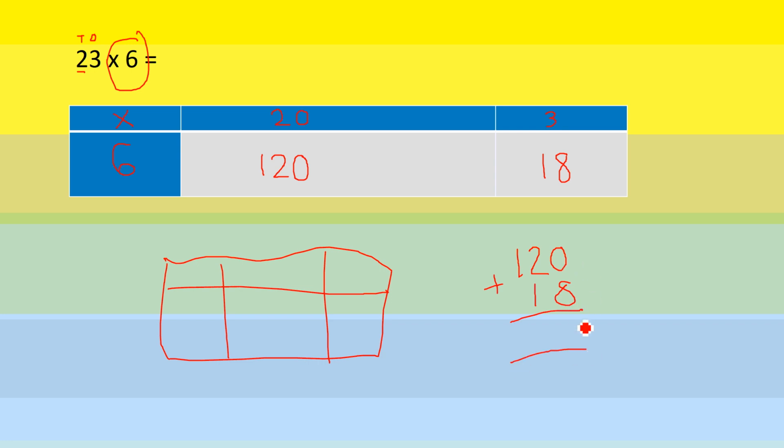0 add 8 is 8. 2 add 1 is 3. 1 add nothing is 1. So our answer is